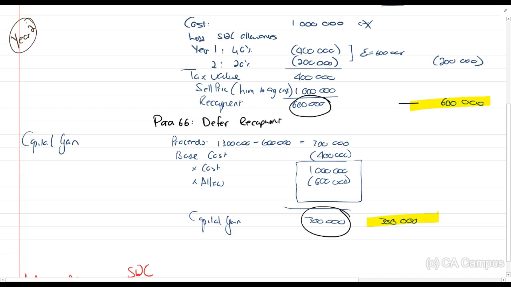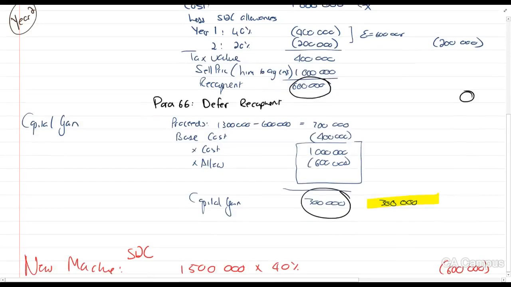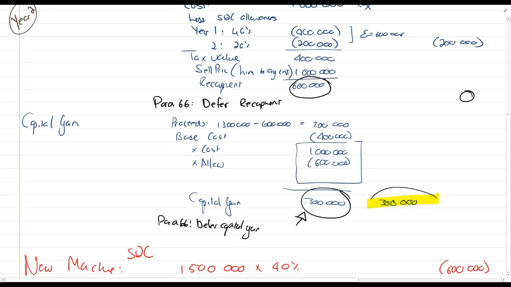Now what happened? That recoupment we would have been taxed on there, you're no longer going to do that. So you're going to now say that recoupment, for now, just at this point here, is a null. And for this capital gain, paragraph 66, defer the capital gain. So basically this 300,000, we're not going to get taxed on it here. Okay, now